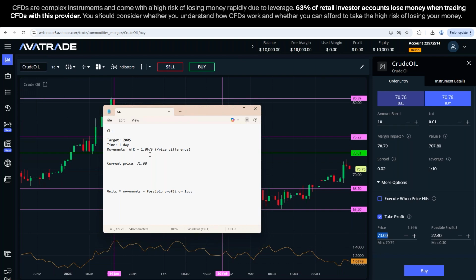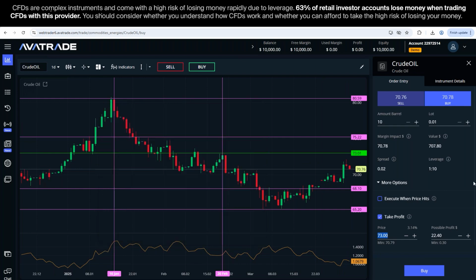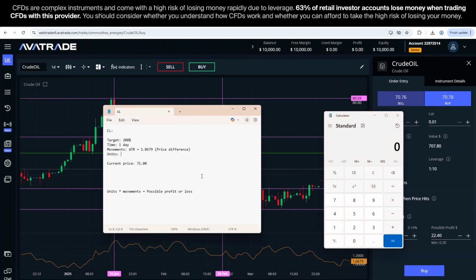1.0679, not bad. And the units that we need. All right, so let's see who's fast. We've got $20 with 10 barrels. We got $20. Okay,